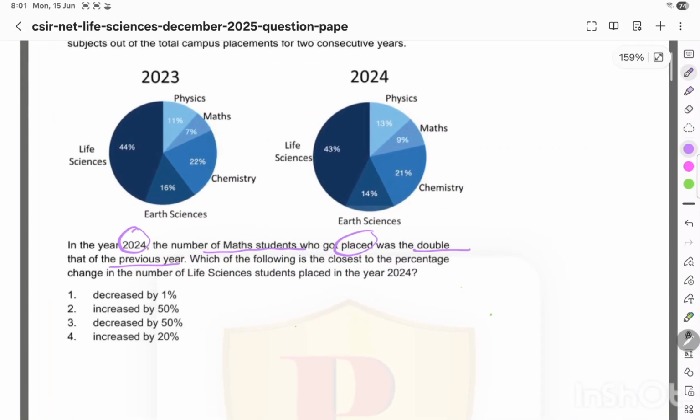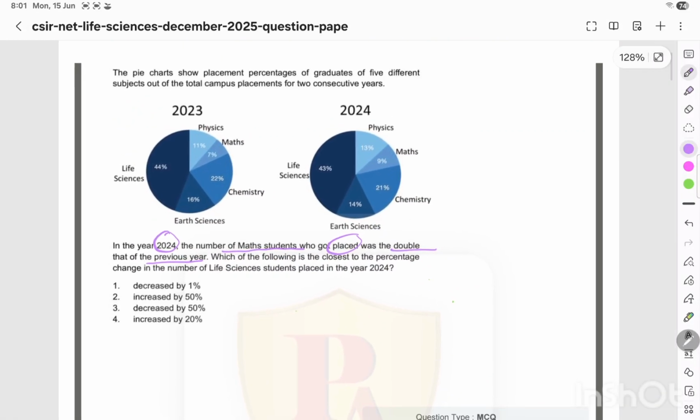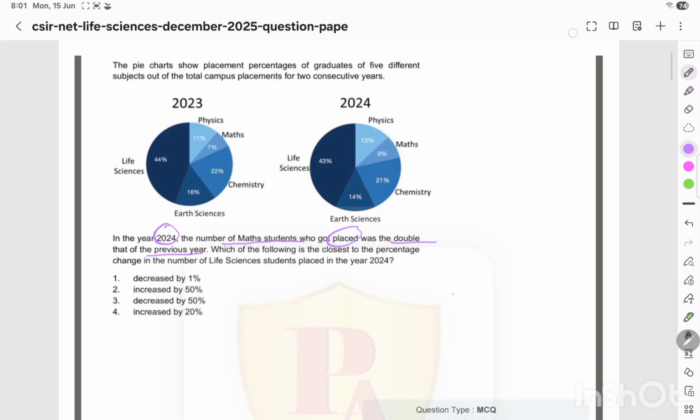We have to solve this question. First of all, read the question by pausing. After that you can see the solution. Okay, the first step we have to do is the condition given that in 2024 the number of max students